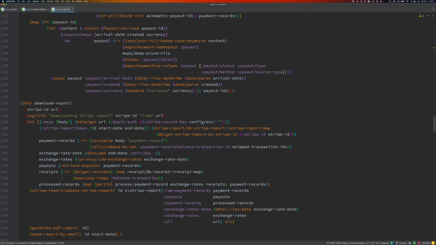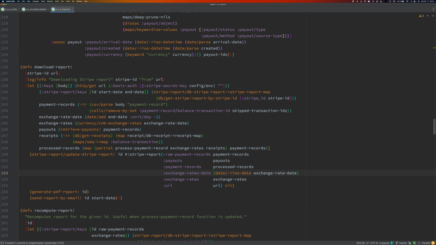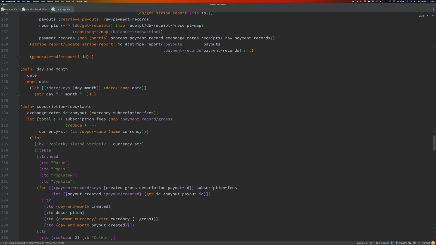There is this download report function which will run, and it will take the report, process it, do some transformations on it, and it will also access the Stripe API to download some further information which is missing there. Then it will store the report data into the database, and it will generate a PDF which is sent by email to us and also to our accountant. And we also have some infrastructure for